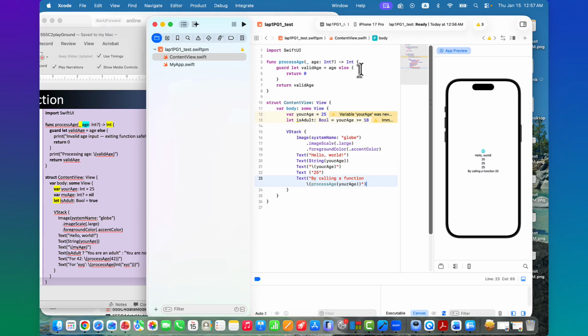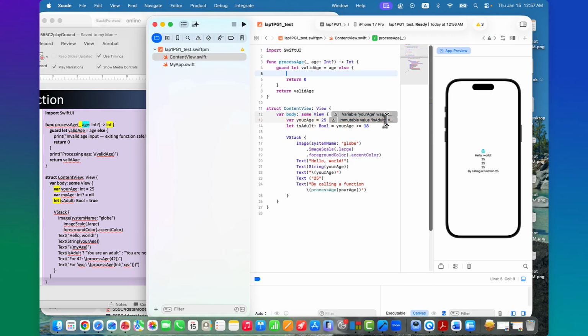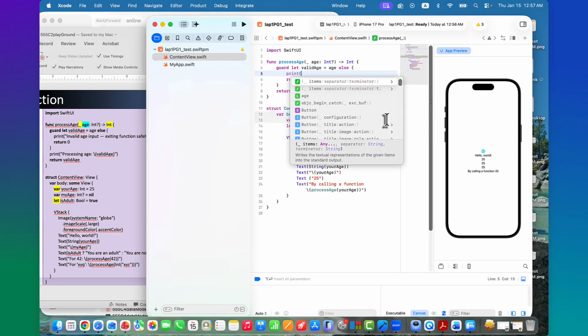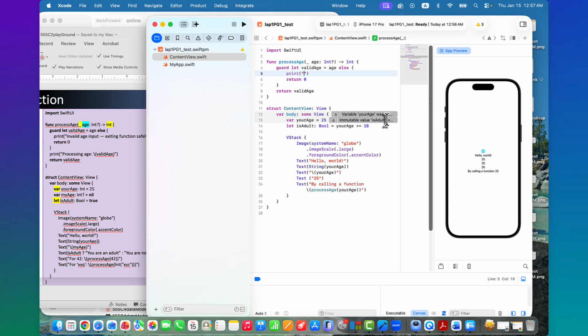Because this is an error case, if you want to say something, then you can say print error takes place here. When that happens, there is, for example, text.